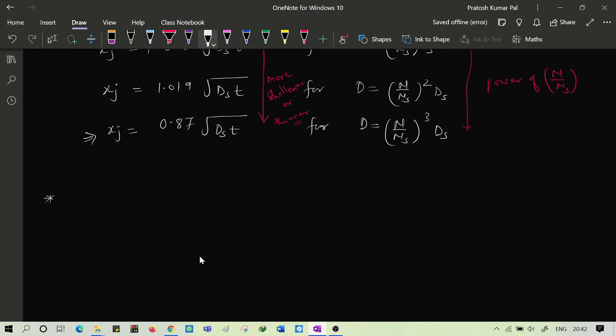So in the next class we will see how this is going to vary, how this is going to change our diffusion coefficient value, and how this diffusion coefficient is going to affect the diffusion depth or the quality of diffusion that is going to take place. So we will see that in the next class. Okay, then